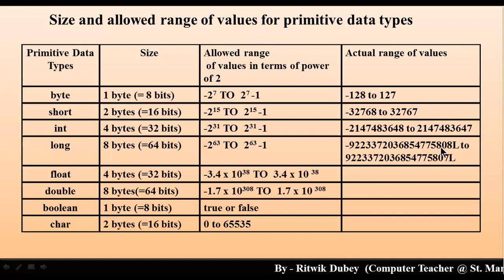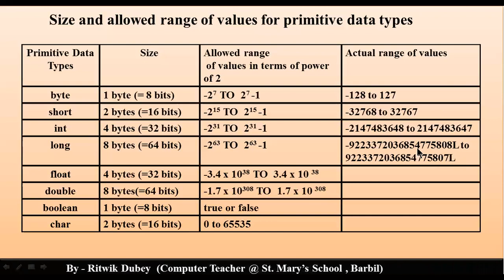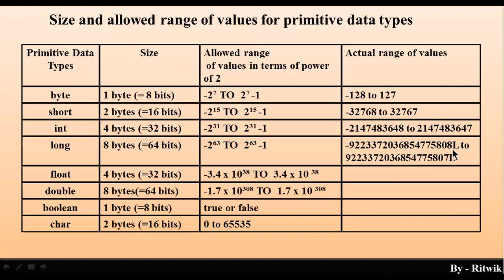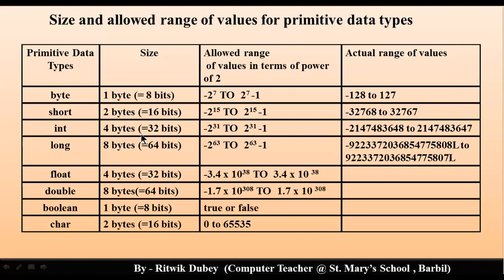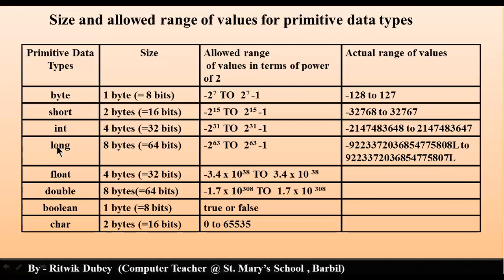72036 854 775 808. और कंपाइलर को पता कैसे चलेगा कि ये लॉन्ग वैल्यू है? लास्ट में आपको सफिक्स में कैपिटल एल या फिर स्मॉल एल लगाना पड़ेगा. ये हो गया निगेटिव में ज्यादा से ज्यादा वैल्यू. कब? जब आप किसी वेरिएबल को डिक्लेयर करोगे लॉन्ग डेटा टाइप से.